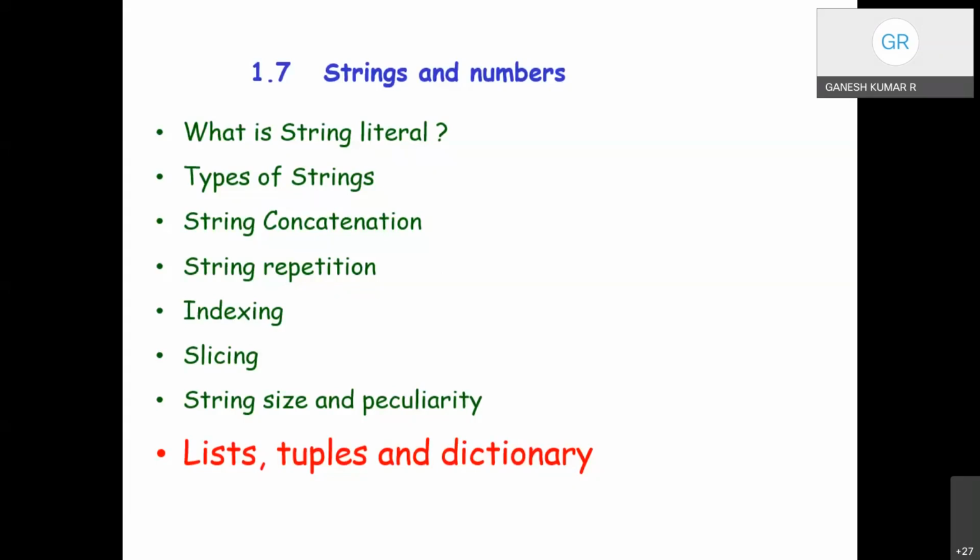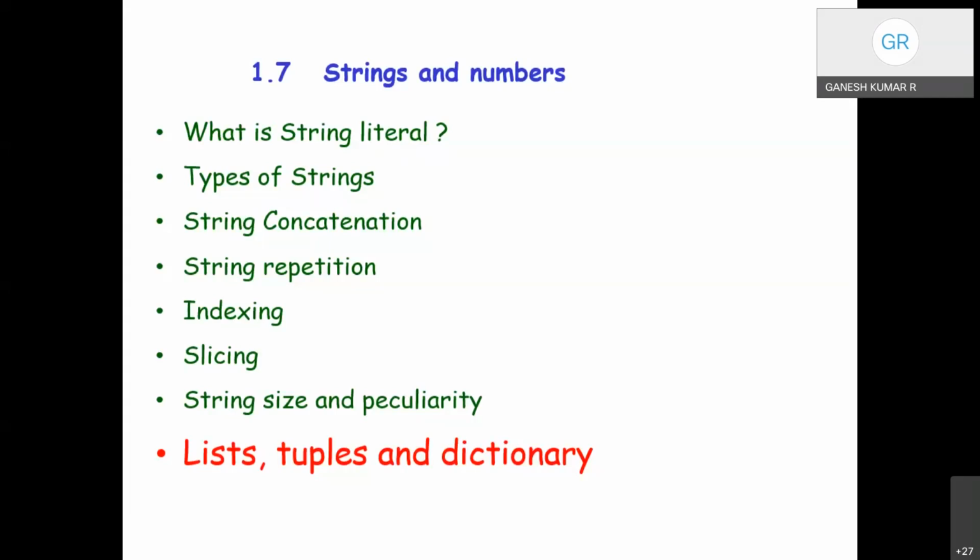Slicing is applied to obtain the substring, a portion of a complete text. Slicing is represented by a colon symbol, which has two inputs. To the left of the colon, we have the initial value, and to the right of the colon, the final value. They are accessed from 0 to n minus 1, I mean from the initial position to n minus 1.